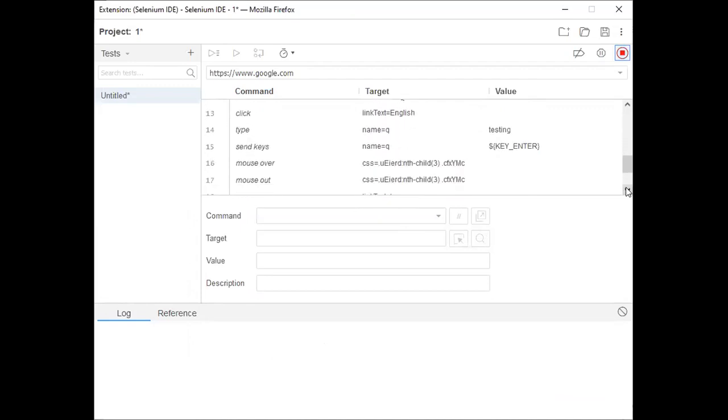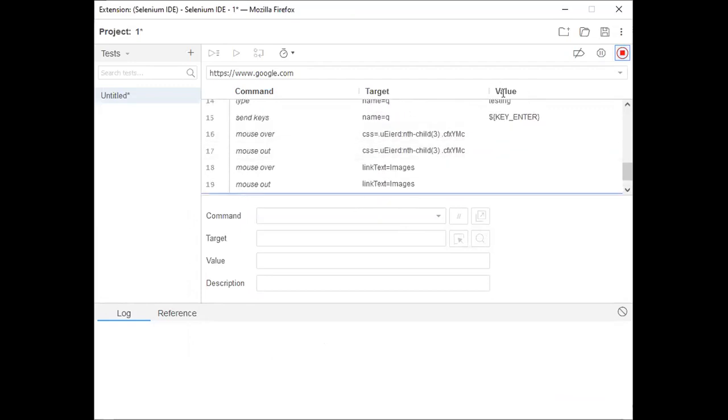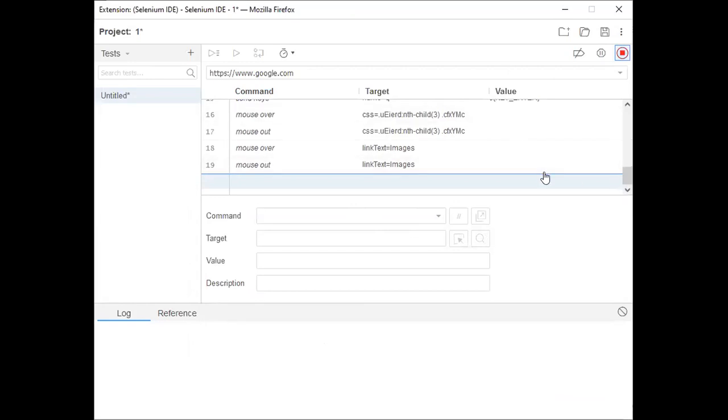It was done up to testing, only the Enter key was placed, and after that I entered into the next tab. What happens here? It didn't record anything from that one.